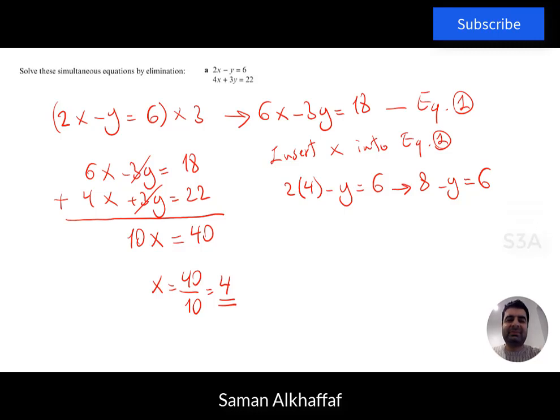So we move y to the other side and 6 to the other side, so that will give us y equal minus 8 plus 6, so that will give us minus 2, so it should be 2. So the y moves to the other side, and that minus 6 to the other side, so that will give us y equal 2, and this will be our final